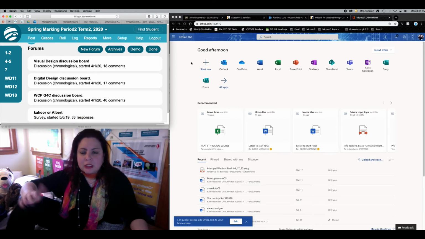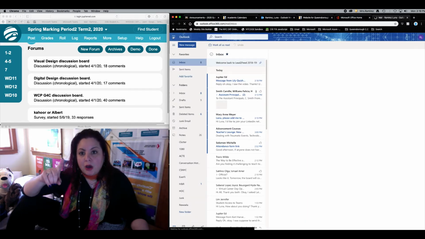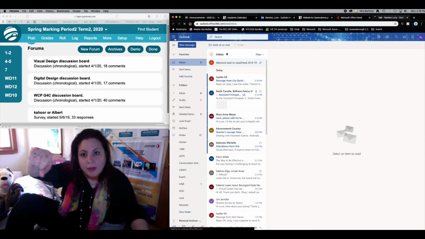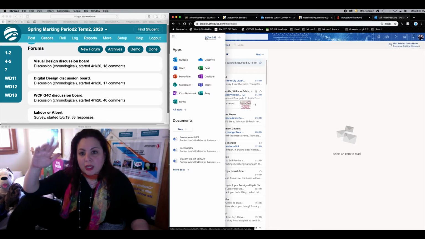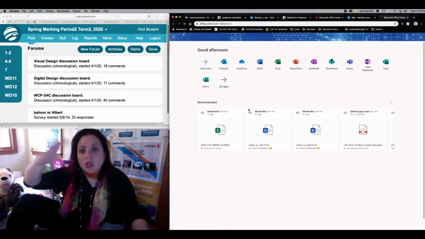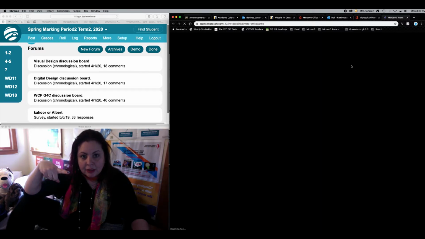So the first thing you should do is go to your Office 365 login online. And for those of you who log in directly to your email, when you log into your email, on the very top, this waffle menu over here allows you to go to the other apps. So it will look something like this. So if you click in Teams,